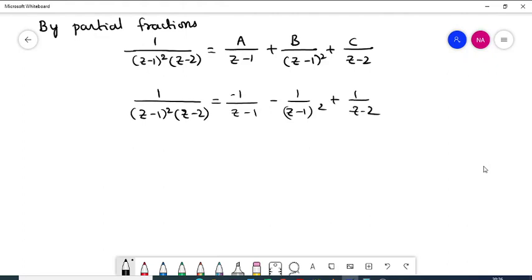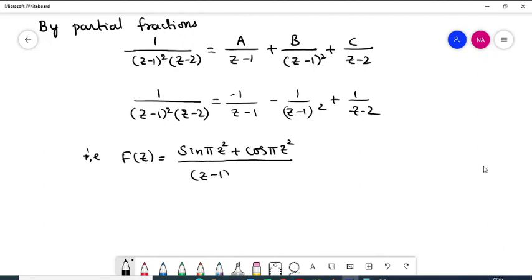So capital F of z will be, you have to multiply the numerator term on both sides, right? Sin pi z square plus cos pi z square divided by z minus 1 whole square into z minus 2 is equal to